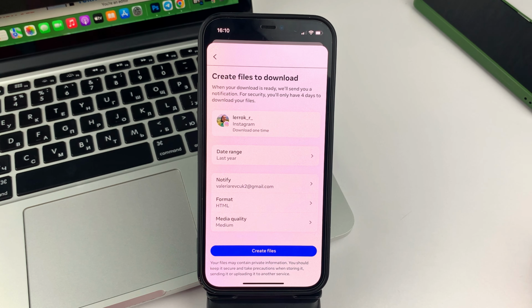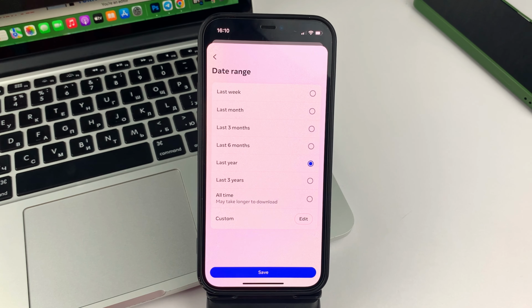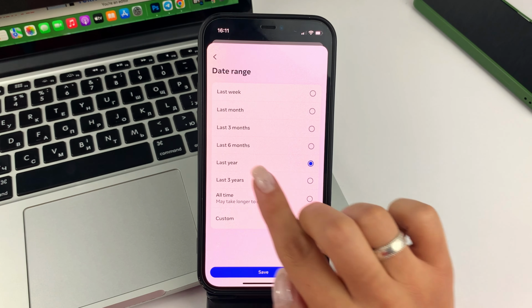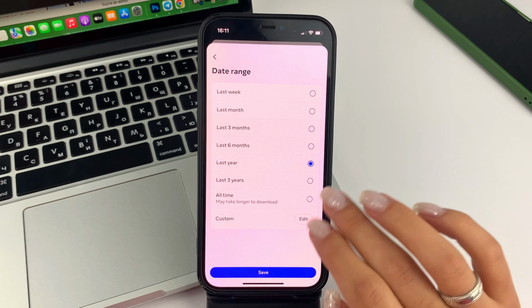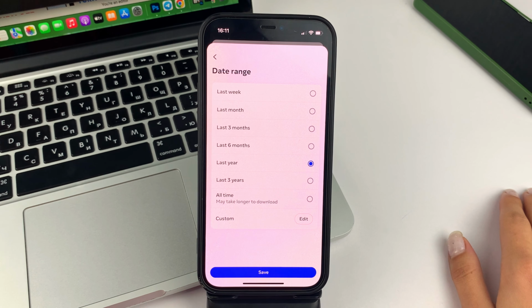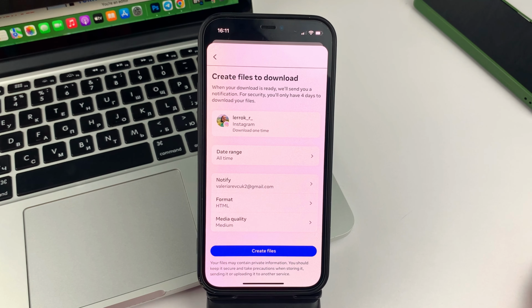After that, you will need to select the timeline for how long you would like to download the information to your device. To do that, please click right here on the date, and you can select and adjust that timeline. So it would be information from, let's say, the last week or month or year, or the entire use of your Instagram. Once you've selected the date you want, click Next. And then at the bottom, click Create File.